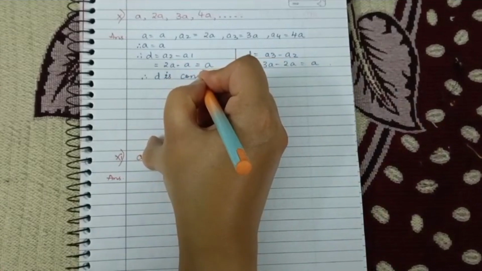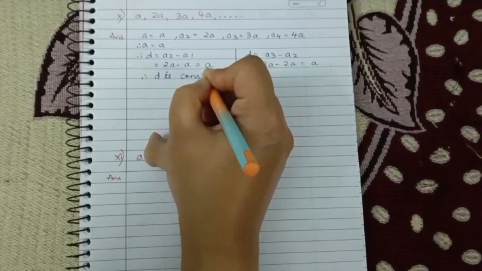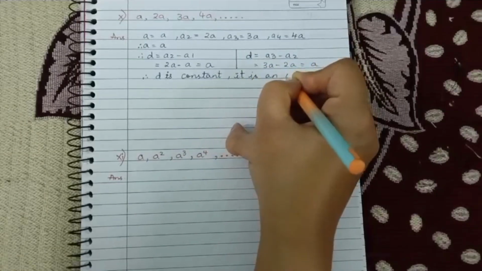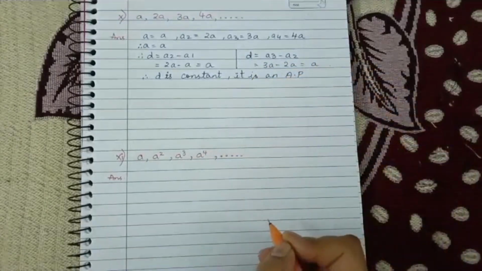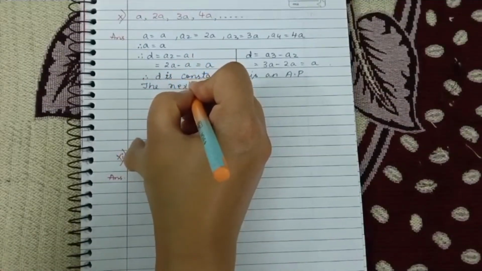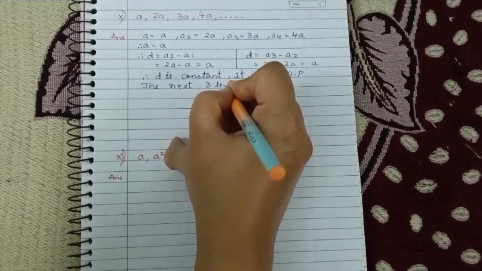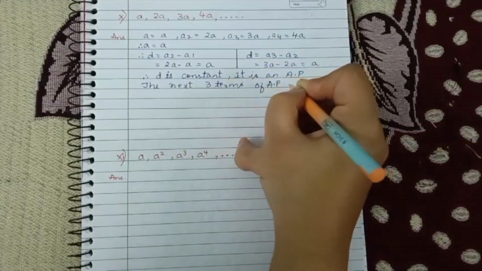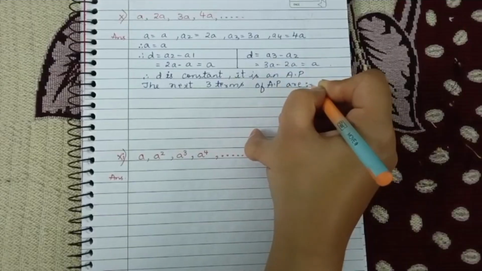So D is constant. It is an AP. The next 3 terms of AP are